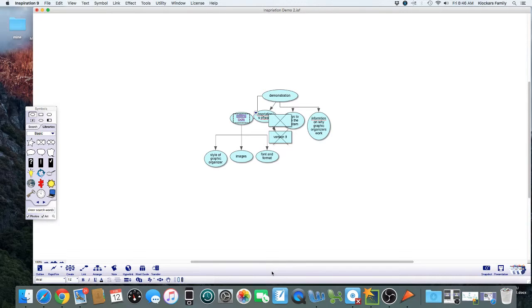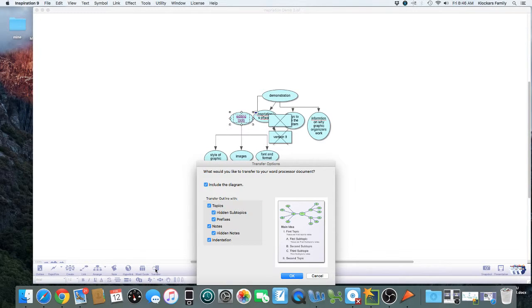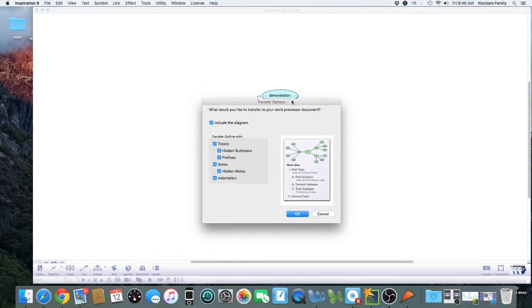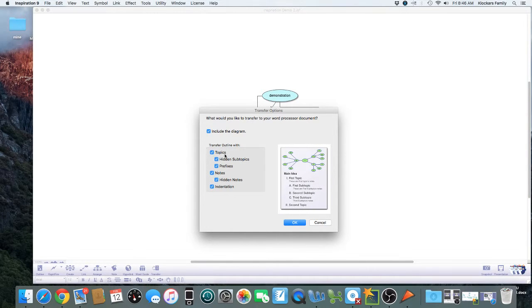When you're done creating your graphically organized idea web, make sure to save your inspiration again. I always save. And then select the transfer option. When you select transfer, you can decide how it's going to be exported to a Word document. You can include the diagram, topics, hidden prefixes, notes, anything you have, and press OK.